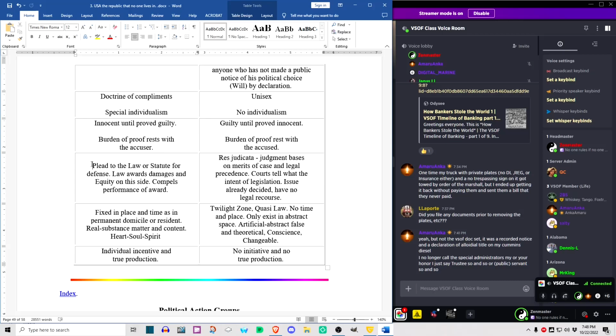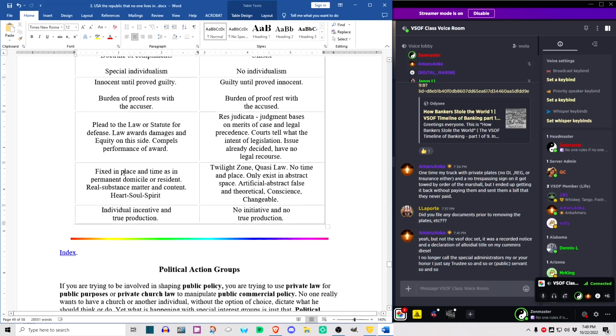So once you do that and you've put it onto the public record, well, then guess what? They can't use the presumption to keep you over here in this aspect of trust law. And then you could go after their bond. But they're not even filing oaths and bonds anymore. They just don't give a shit. So anyway, this is just a continual degradation and destruction of the whole entire system.